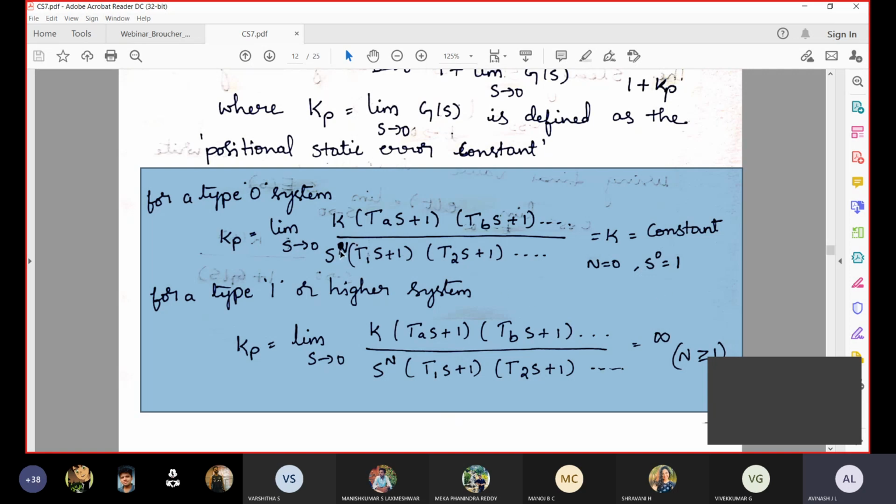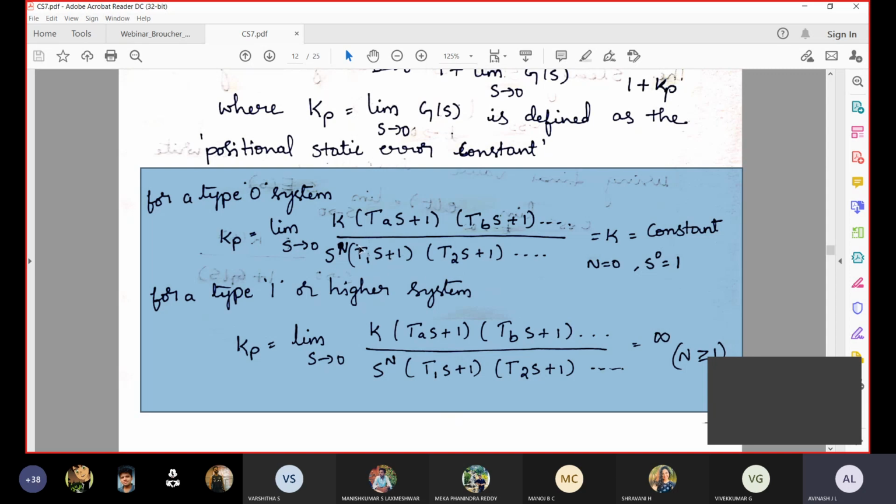So if you replace N equal to 0, s to the power of 0 equal to what? 1. Okay. So when the denominator is not 0, then the denominator is 1. What happens? Wherever s is there, you replace it, so s will be equal to s only. S to the power of n will be equal to what? 1, and n will be equal to what? 0 we are going to replace.